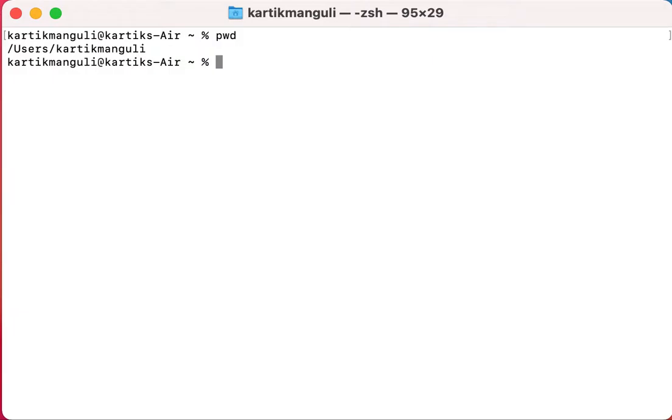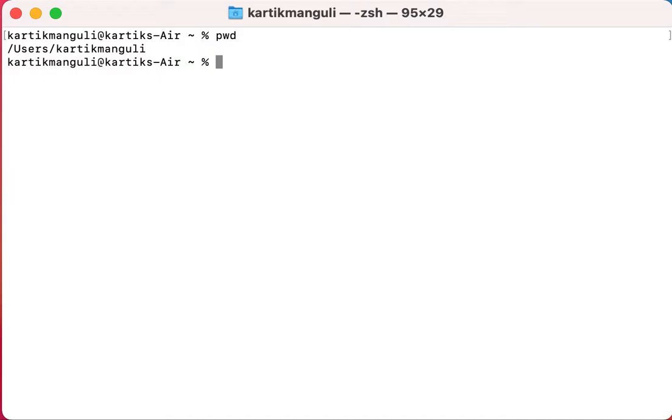Users and Karthik Manuguli are directories. The folder structure you see in normal Windows is similar to this Unix operating system. In Unix everything is a file: your USB is a file, your devices are files, and a directory is a file. Everything is considered a file inside the Unix operating system.